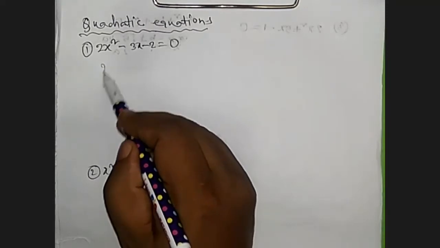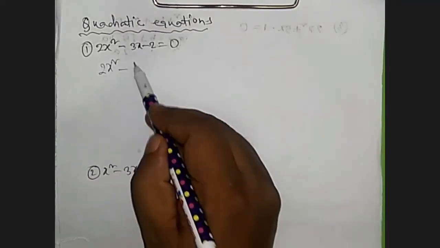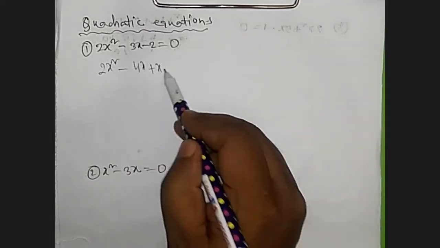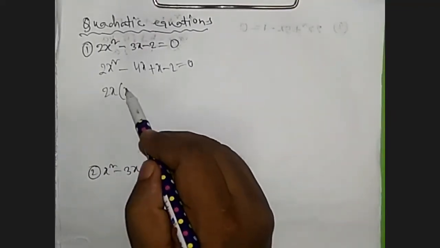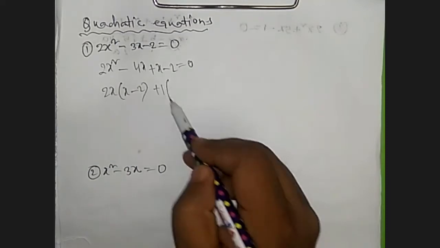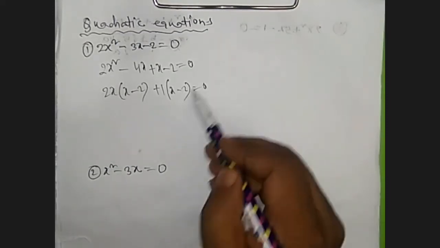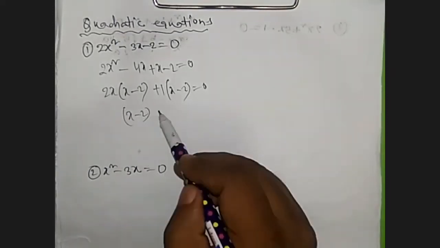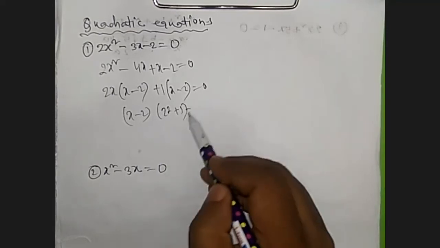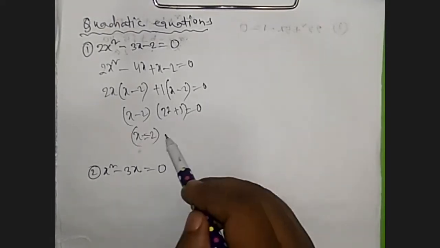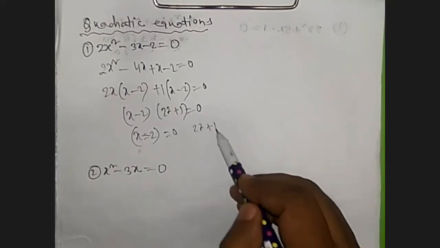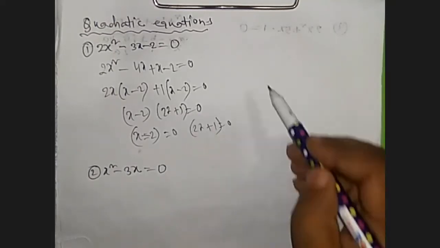So let us write here 2x square minus 4x plus x minus 2 equals to 0. Now take 2x as a common: 2x(x minus 2) plus 1(x minus 2) equals to 0. So (x minus 2)(2x plus 1) equals to 0. So x minus 2 equals to 0, and 2x plus 1 equals to 0, and final answer will be